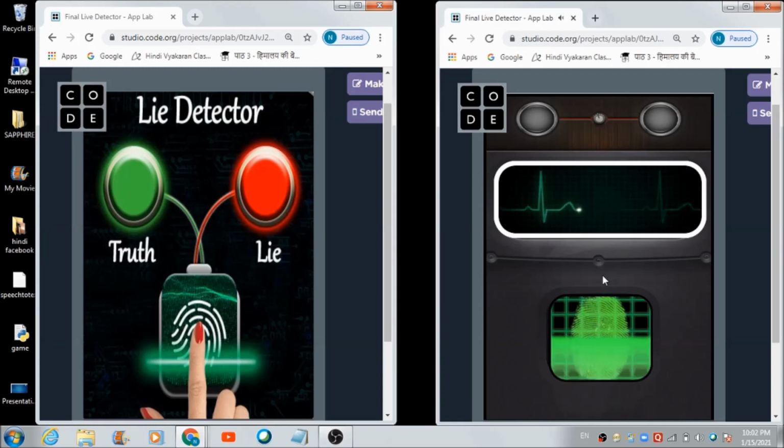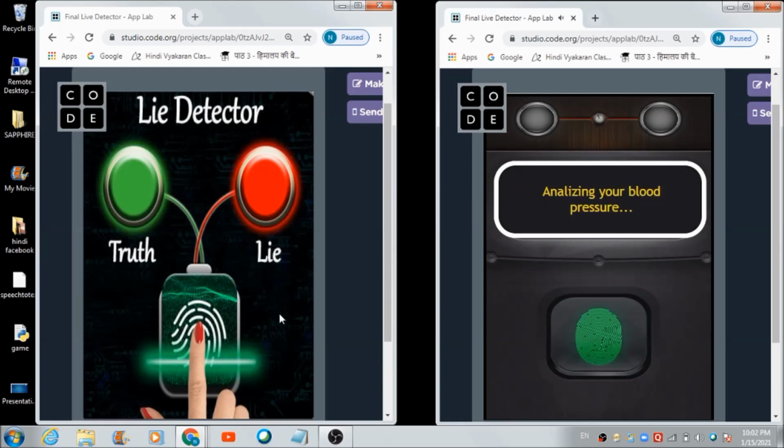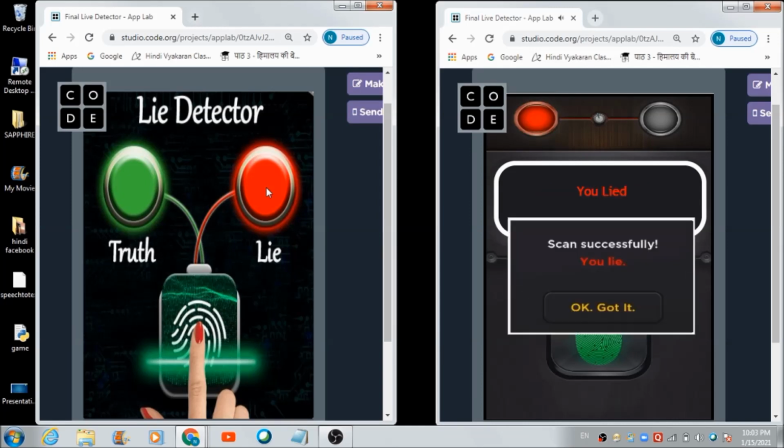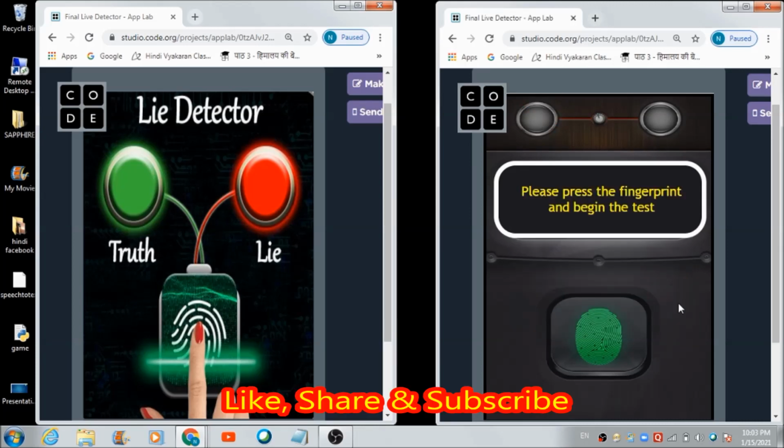Now this time, if the user would like to show him the live screen, what he can do is hit this red button. Let's see what is going to happen. As you can see, "You lied." This time it reflected "You lied". And right now this red light we are able to see on this user's panel. So that's how this app works, and you can prank anyone with the help of this app.